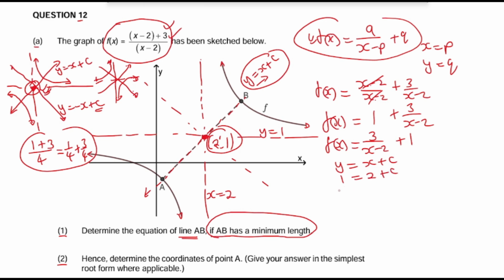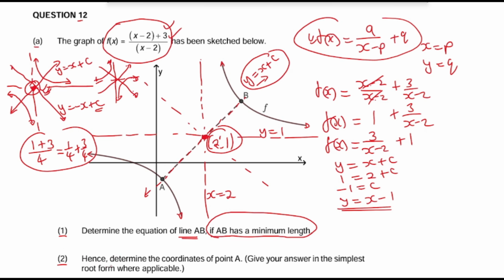And then c is going to be -1, is equal to c. So therefore, the equation of AB should be y is equal to x minus 1, like that. That's the equation of AB, right? And then let's move on to